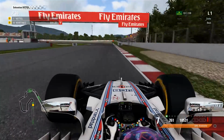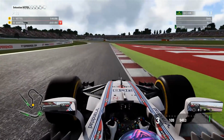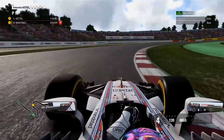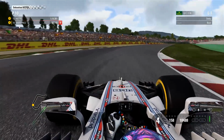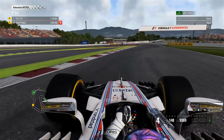And then through the second sector split, braking hard into the hairpin of turn 10. Third gear corner, turning a little bit too early there, which isn't ideal. And I'm now going to feed the car into the final sector here, and so far it's looking like a pretty average lap, over a second off the pace of Sebastian Vettel already, as we now go into the final